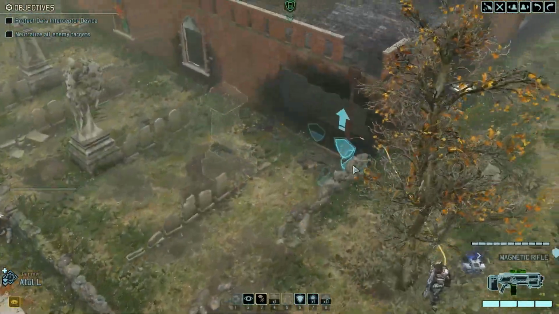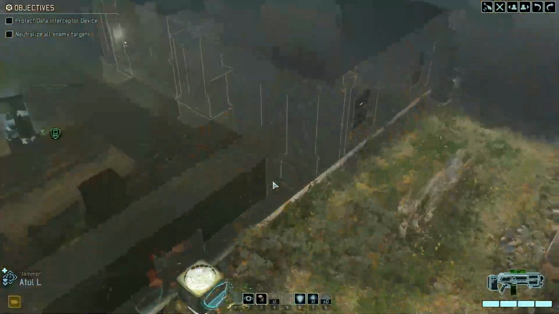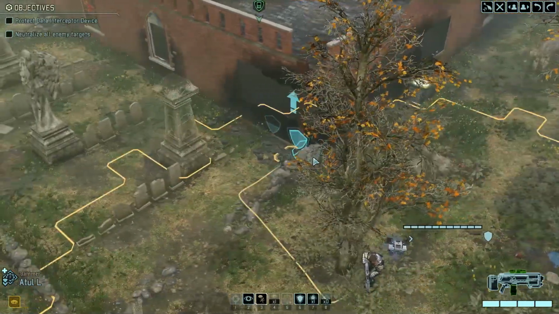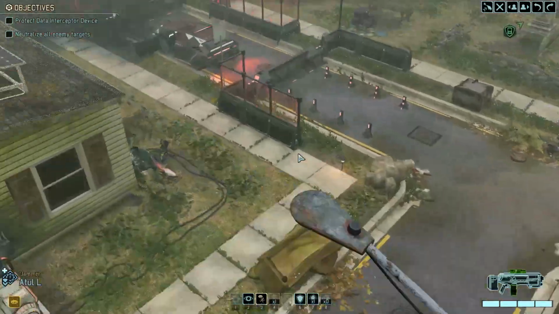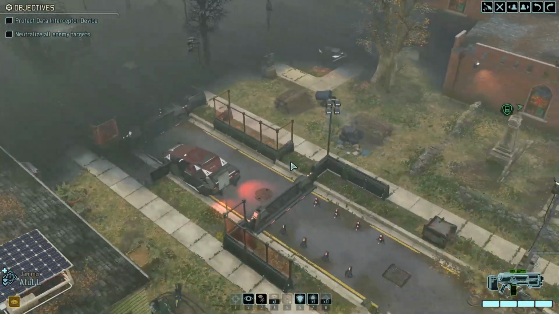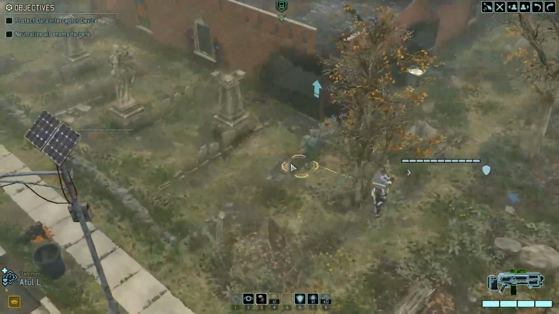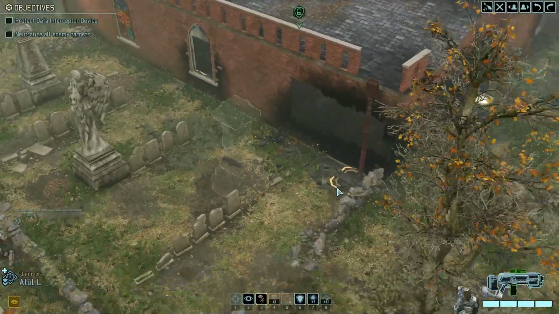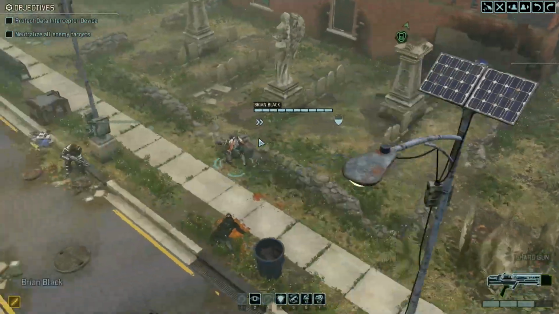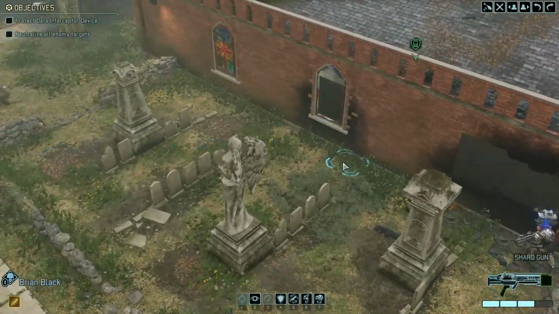So that's fine. And then we're just going to move up into some sort of position here. I think I'm going to cover to here. I mean, there is the other one I could hack over here, I think. Is there? Oh, it's just the one, I think. Yeah, so we'll just go to here and we'll just sit in some heavy cover. I want to see if I can spot any enemies right now, which there doesn't seem to be any, so...